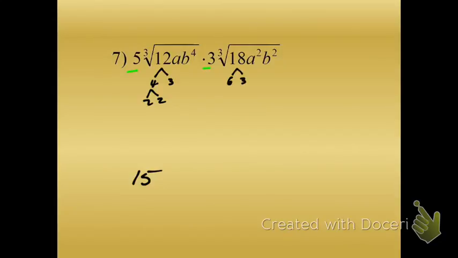18 goes 6 and 3. 6 goes 2 and 3. And now, since I can do this, I have colorful things. I'm going to look for, my indexes are 3, so I need triplets. So here's a 2, here's a 2, here's a 2. So they're all going to come out